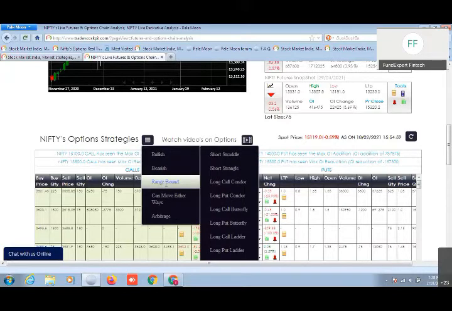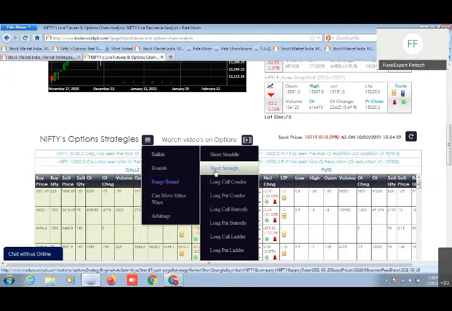Say for example, in the current scenario, if I want to apply a short straddle or a short strangle, any hedging strategies, these are all hedging strategies. Why do we hedge in options? We hedge in options to minimize our risk and maximize on the returns part. Yes, options can be sharp tools. Options can be very harmful tools if not used properly. They can cut into your principal amount as such. That is why hedging always makes sense, but yes, it requires good capital.